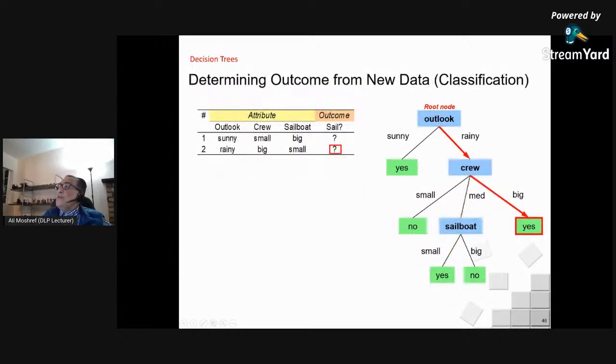But I just want to show you that if you tell me the weather is sunny and we have only two friends and we have a big boat, do we go sailing or not? So you can start from the root node and ask a question: what is the weather? Okay, in this case I'm going to the second one. What is the weather? It says rainy, right? So I go rainy. What's the crew size? Oh yeah, I have, let's say, 5 friends. So big crew. So I go there, and regardless of both sides, the answer is yes,